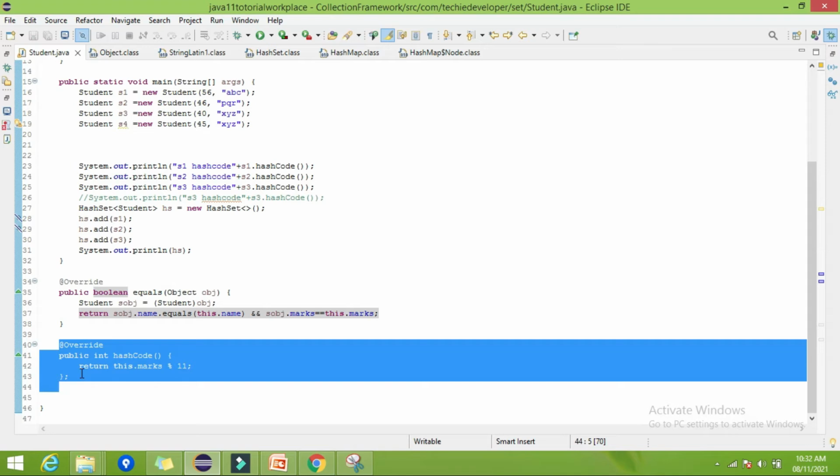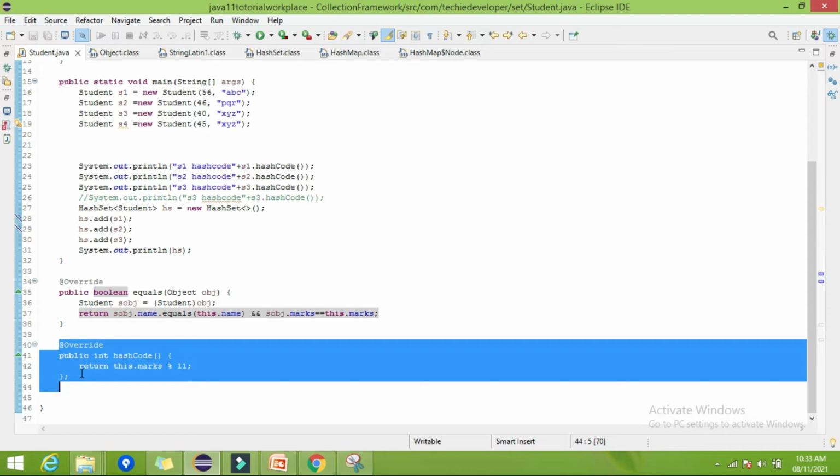So when we override the equals method and don't override the hashCode, it may not work properly. So it is recommended that whenever you override the equals method, you should override the hashCode method. The hashCode method is nothing but a simple method which returns only an integer value by using simple arithmetic.